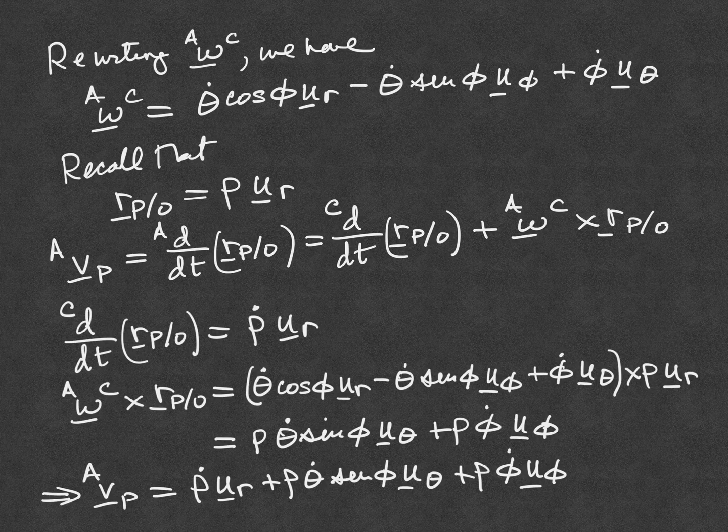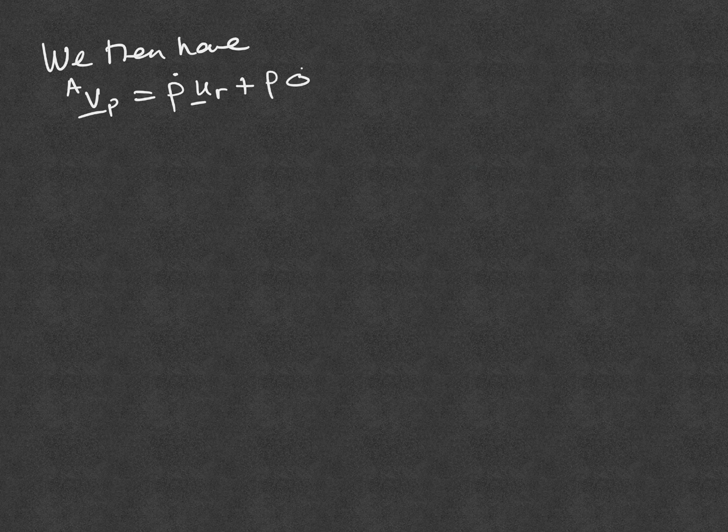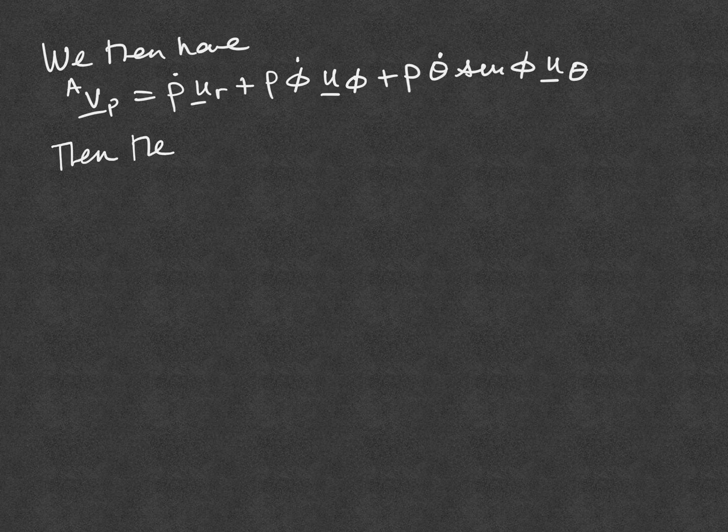which we can now reorder again the same way we did before. So we then have the velocity of P in A is equal to rho dot UR plus rho phi dot U phi plus rho theta dot sine of phi times U sub theta. So now we can take the rate of change again to get the acceleration of point P in reference frame A. So then the acceleration